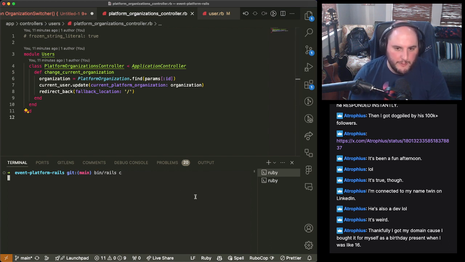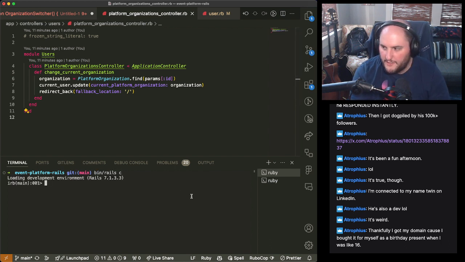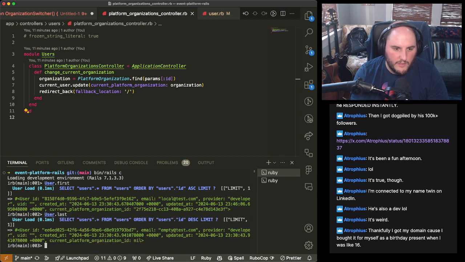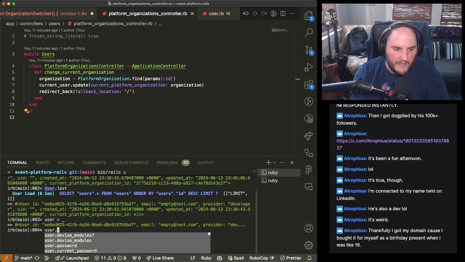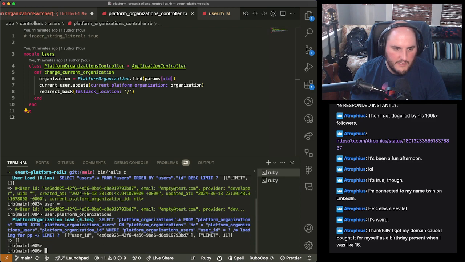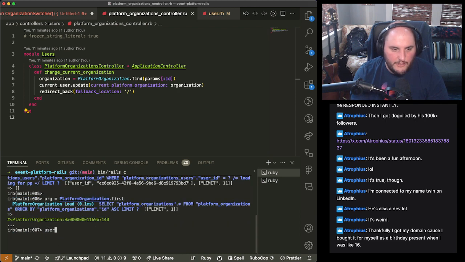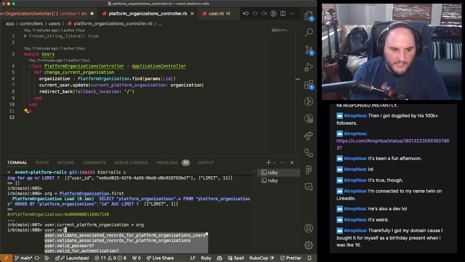This is why Ruby's cool. That was really easy to do. So if I go and say, you know, user, I think this is the one I want. Yeah. So there's the user, right? And let's just say platform organizations doesn't have any, right? Let's say I try to take the platform organization, just the first one, it doesn't matter. If I take the user and I try to say current platform organization is equal to the org, check this out.